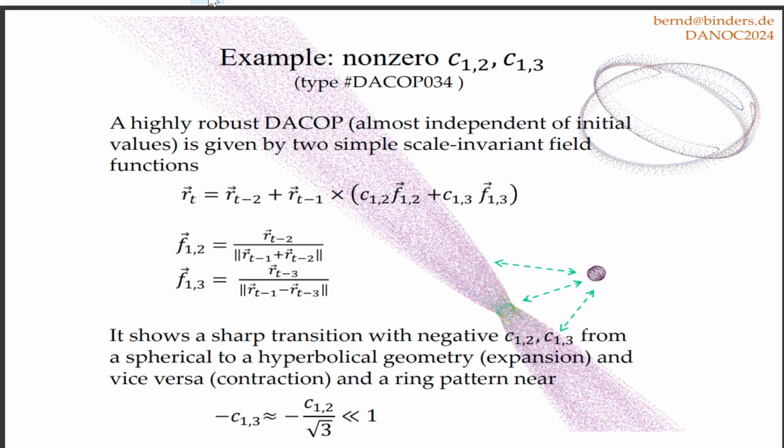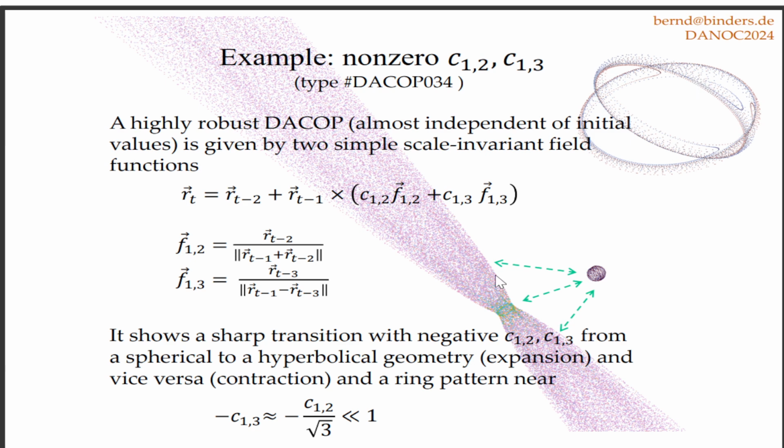These functions are very simple: 1, 2 is R minus 2 divided by the sum of t minus 1 and t minus 2, and 1, 3 is R t minus 3 divided by the difference of t minus 1 and t minus 3. So they are very similar, shifted by 1, but with opposite sign, which is also, of course, due to the reflection. We find a sharp transition between such a structure, to a ringy structure with